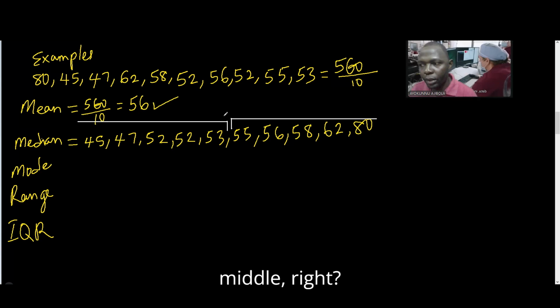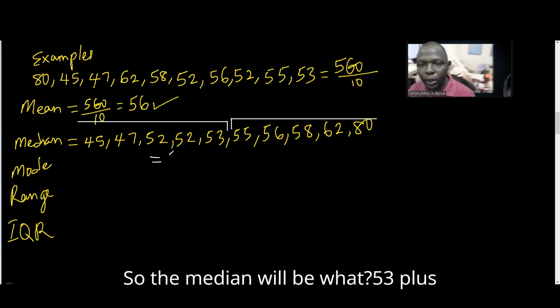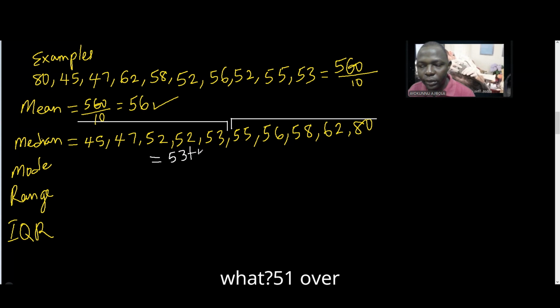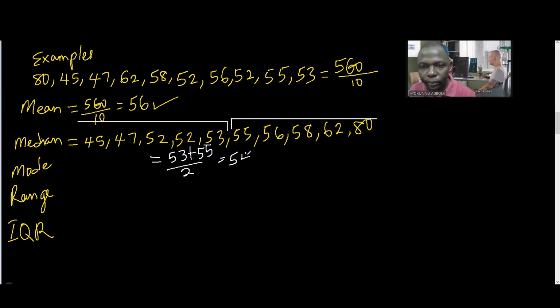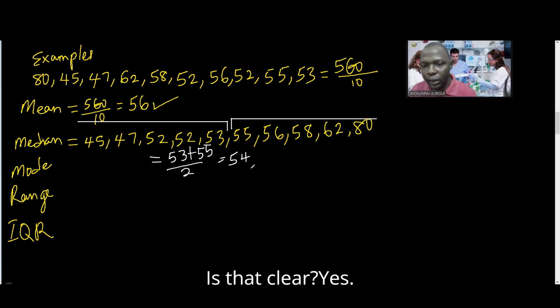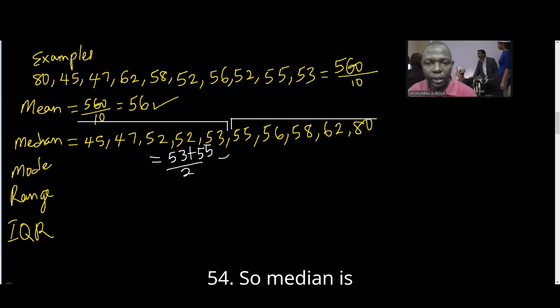That's the middle, right? So the median will be 53 plus 55 over 2. So if you add, you get 54. Is that clear? Yes. You add and you divide by 2, you get 54. So median is